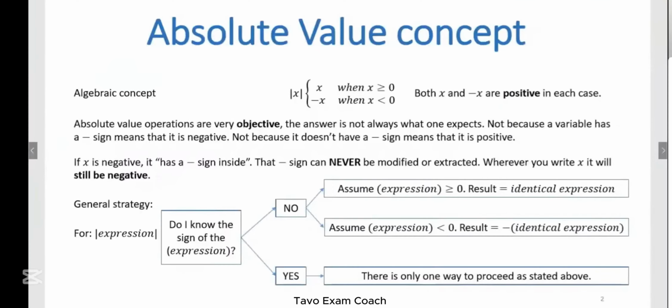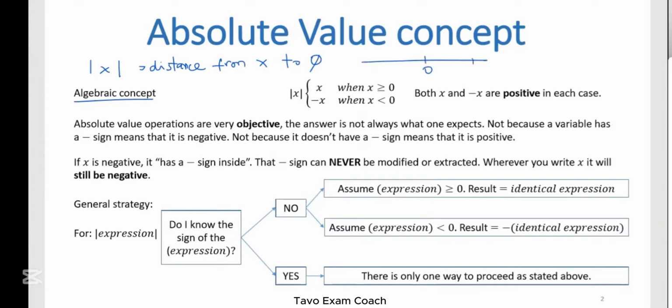Let's begin. The concept of absolute value is basically an algebraic rule that attributes a certain value to this expression. Okay? The absolute value of any variable or expression is the distance from x to 0. The absolute value then is the distance from this number to 0. And you can understand here,